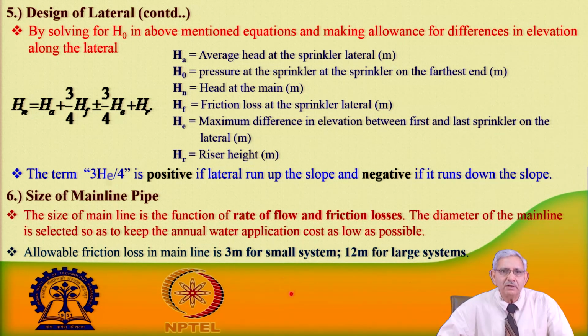So, 3 meter is considered as head loss due to friction, but one has to calculate it, and then 12 meter is considered for a very large farm,